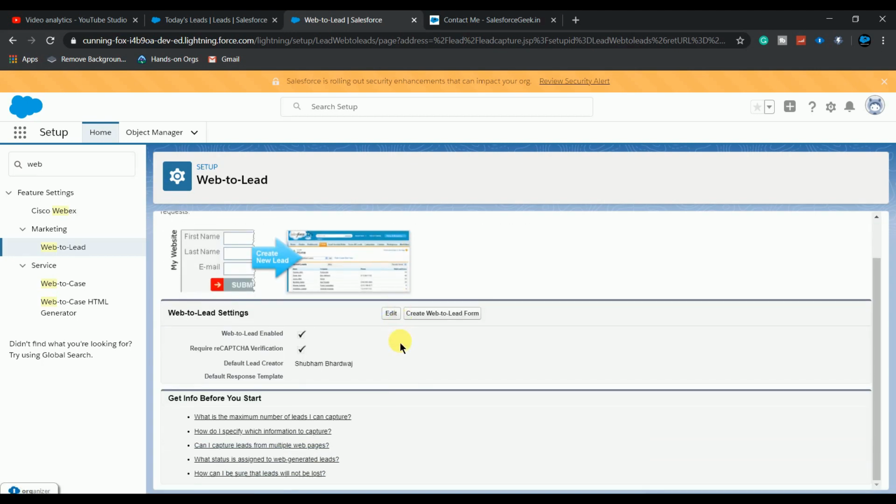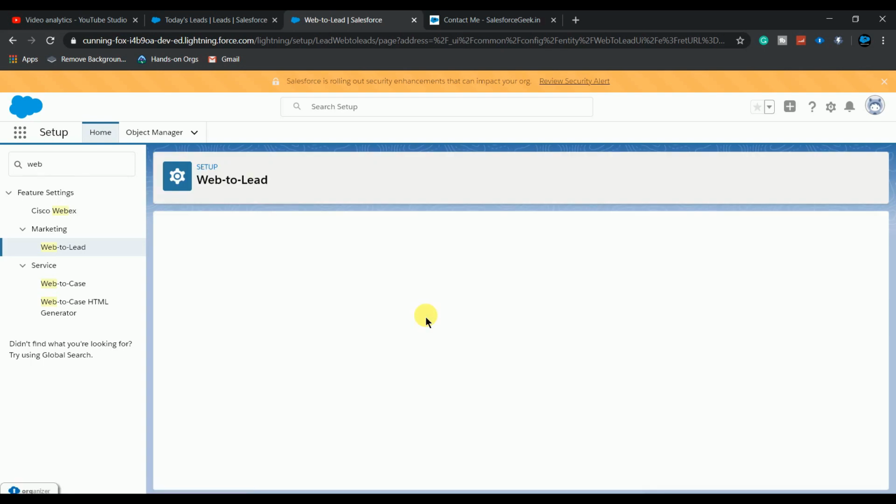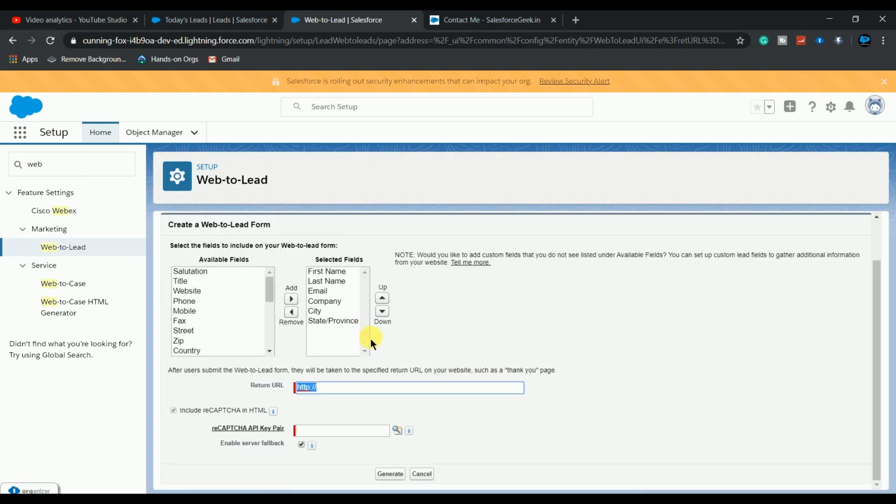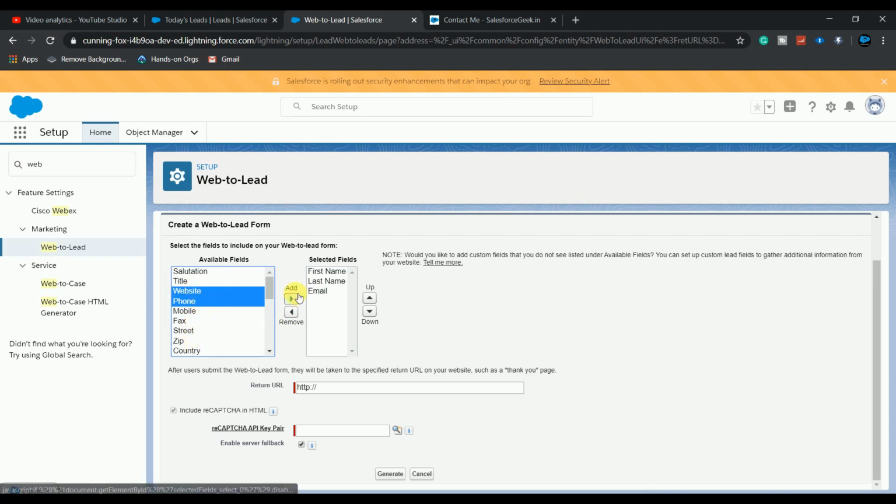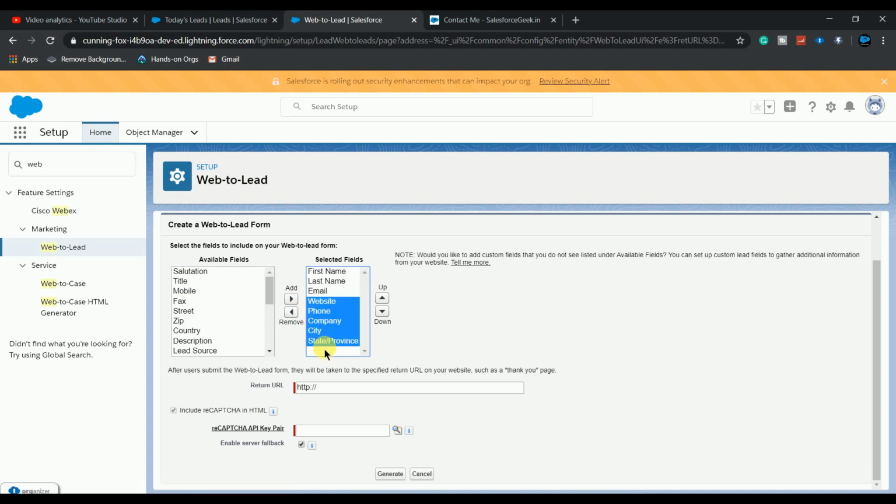After that, you have to simply click on create web to lead form. Fields in your web to lead form, so I simply remove these three fields, which is state, city and company, and add phone and, let's say, website to my web to lead form.